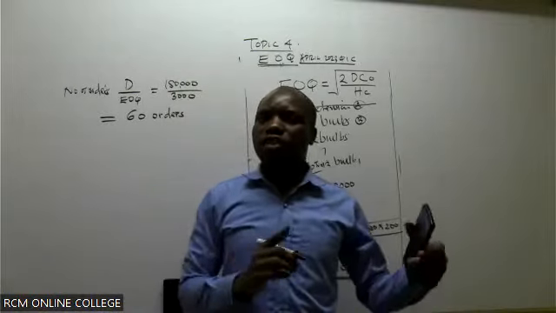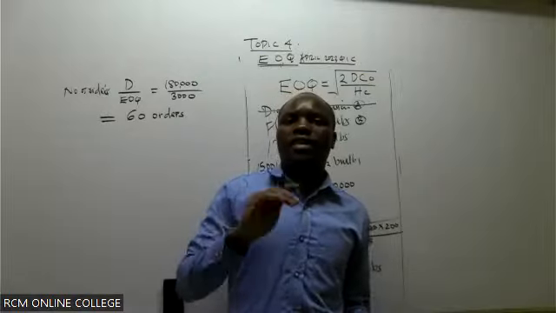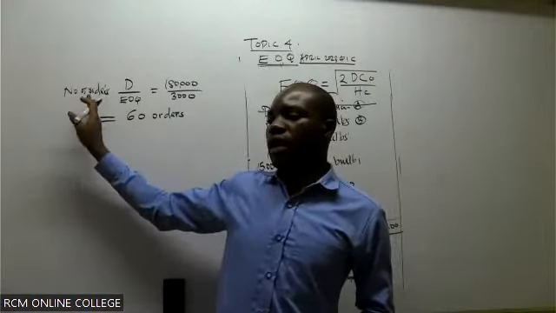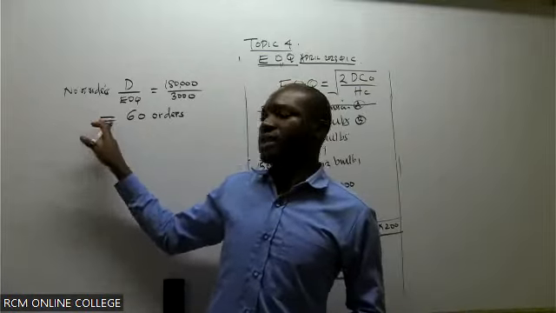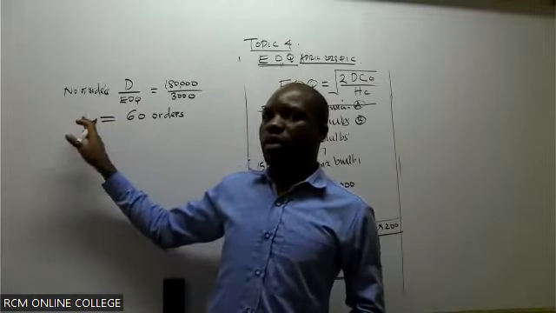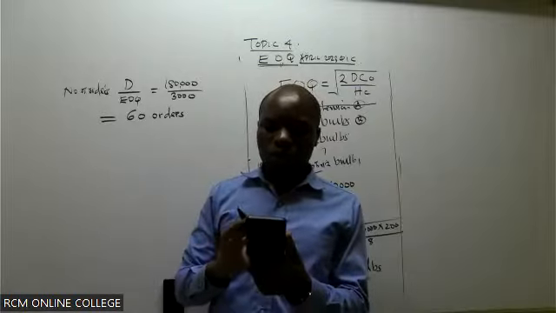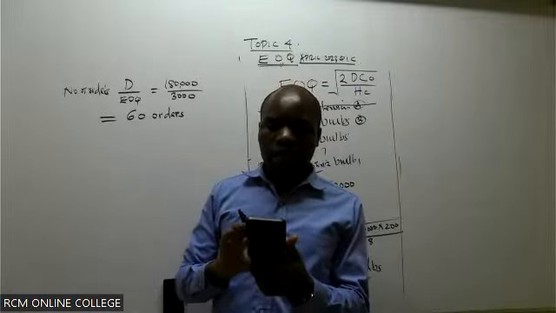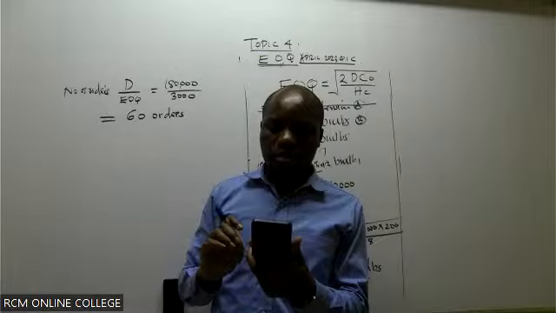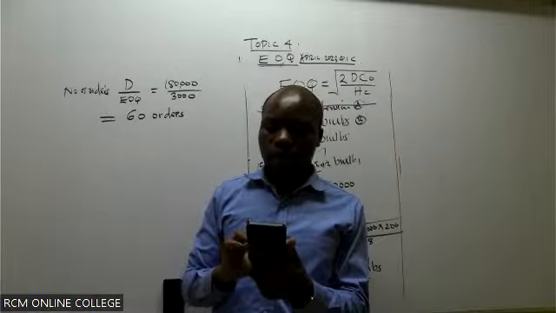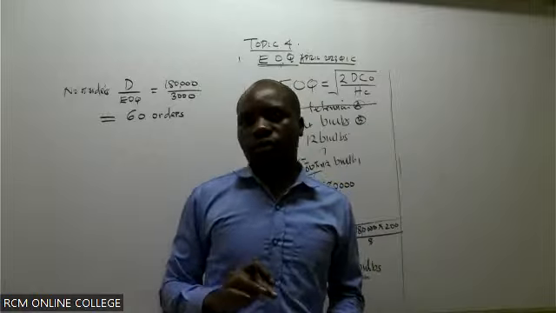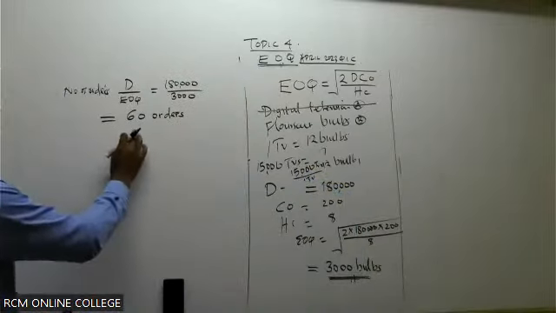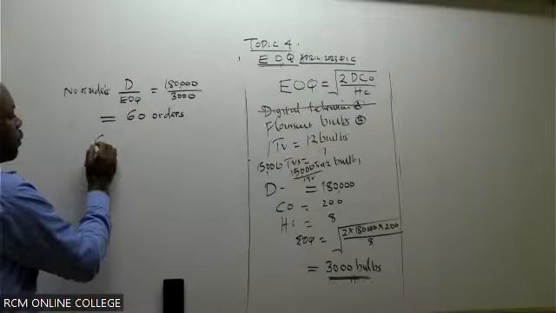The last two questions that we've done were asking us the number of orders, or the frequency. But now, look at the question. They're asking us the number of times per year the bulbs will be ordered, assuming 360 days in a year. This is the number of orders, so 60 orders